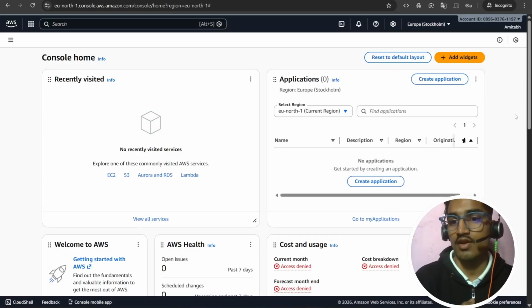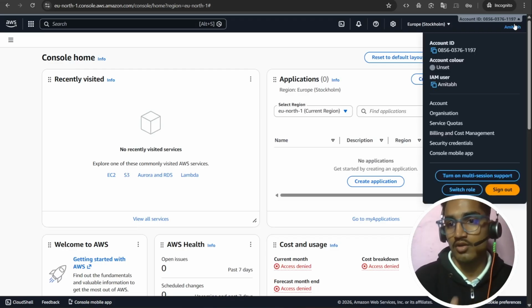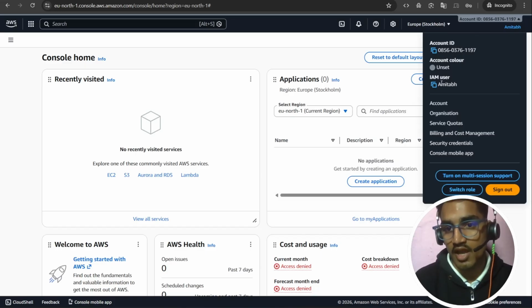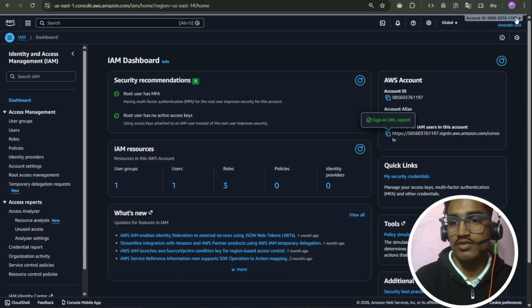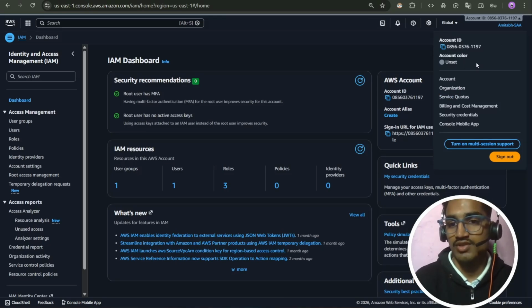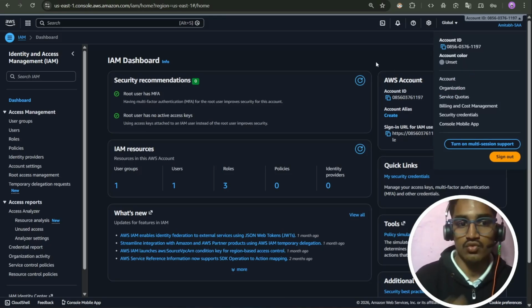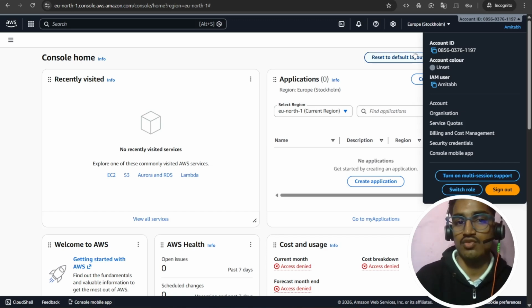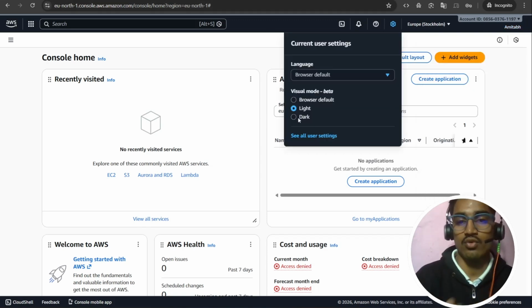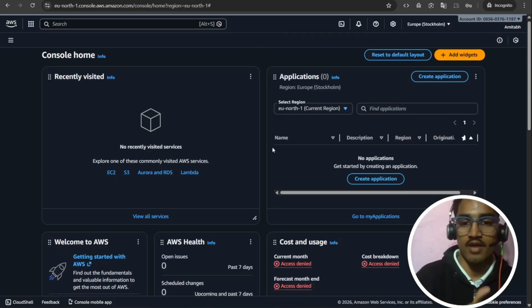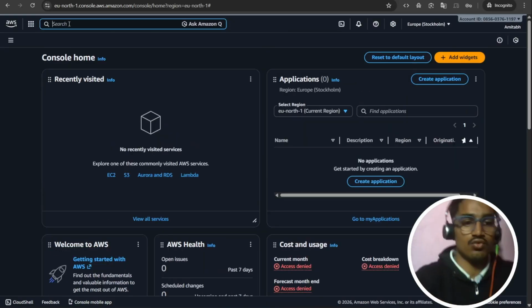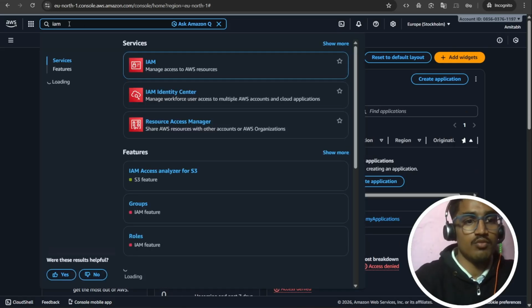How can you verify whether it's the IAM user or root user? You can click on your profile name. You will see I am user Amitabh. And if you go back to your root account, you are not going to see the IAM user Amitabh. So this is the root account. This is your IAM user account. And if you don't like the light theme, you can select the dark. So this is your IAM user. And if I go to the IAM dashboard from the IAM user,